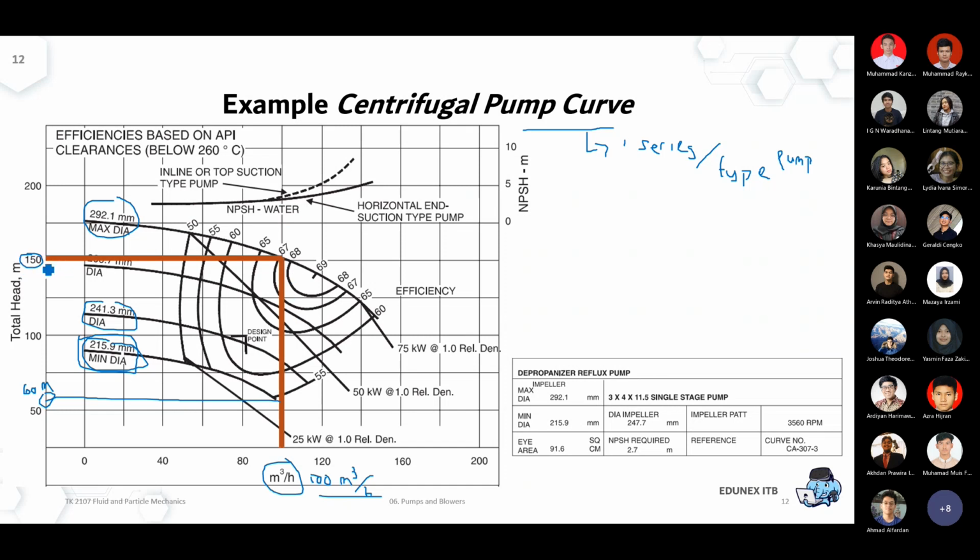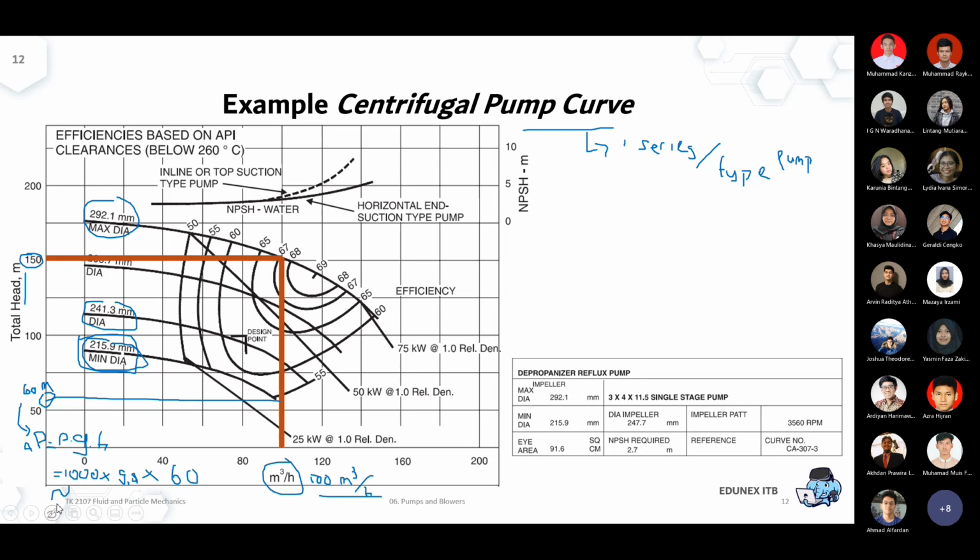then it will provide you 150 meters of head generated by the pump. Okay, so if it's water, then you can calculate the delta P generated. Delta P will be roughly equal to rho g H, right? So the head is in meters. So for water, it's close to 1000 kilograms per cubic meter times 9.8 times 60 meters, for example, for the low impeller.